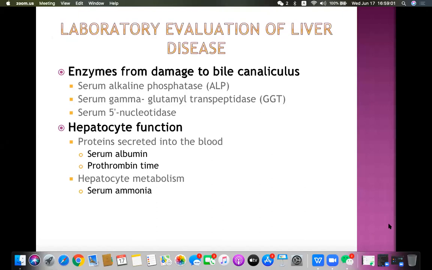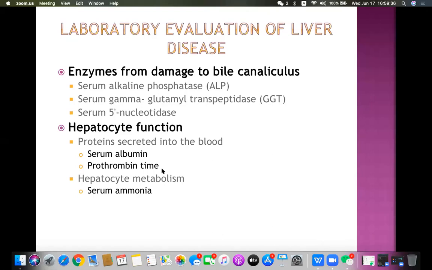Fine. Now what I was talking about here is, what is the importance of doing prothrombin time in this case? This prothrombin time will signify how badly the liver is damaged. If the liver is badly damaged, it cannot synthesize those clotting factors, and without those clotting factors there is a high chance of bleeding or hemorrhage from different parts of the body, and this is denoted by prolonged prothrombin time.